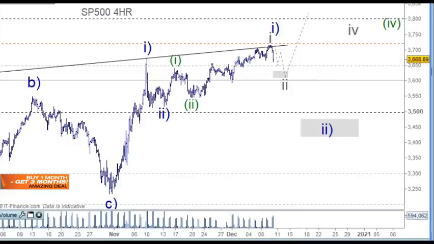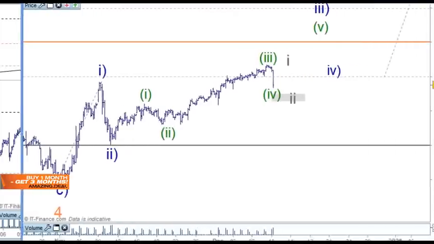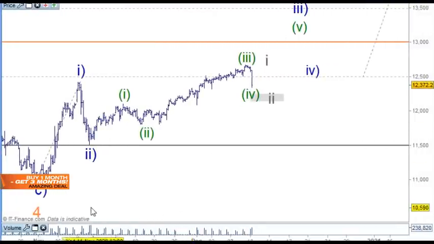See, on the Nasdaq, if I can just bring that across while we're in this 4-hour time frame here, there's two ways to look at this. So we can look at this as wave 1 here, very happy with that, and wave 2 here, and then wave 1 and wave 2 here, and then looking at all of this as the wave 3 here and then the wave 4 here. If this is going to be the wave 4 here, then the market really needs to hold out on